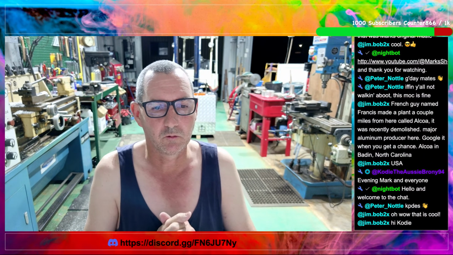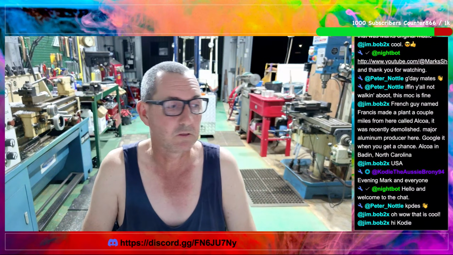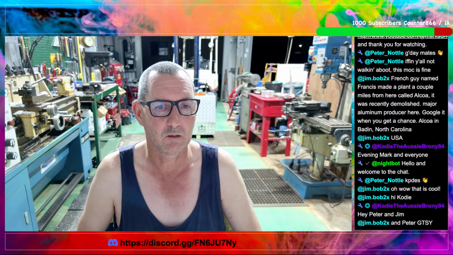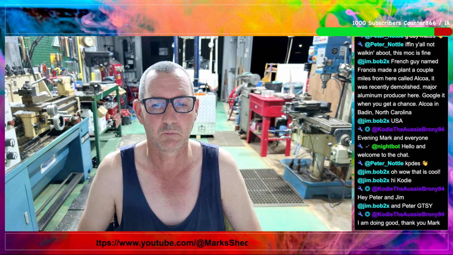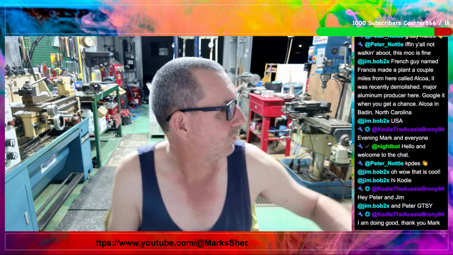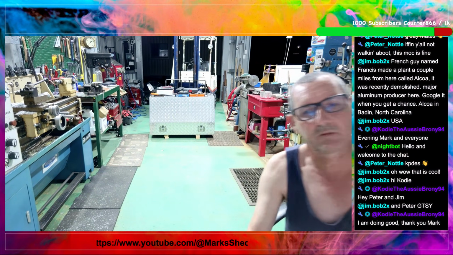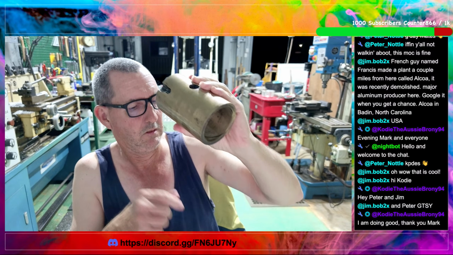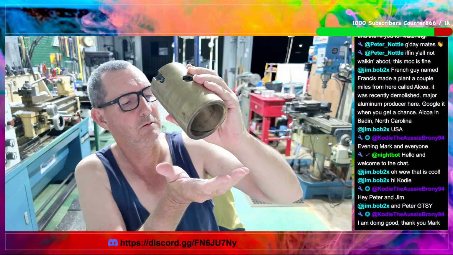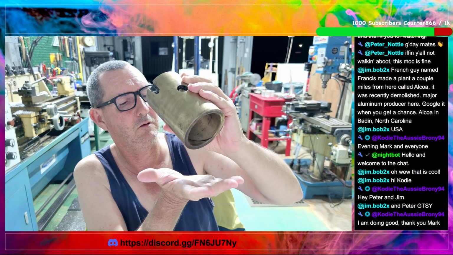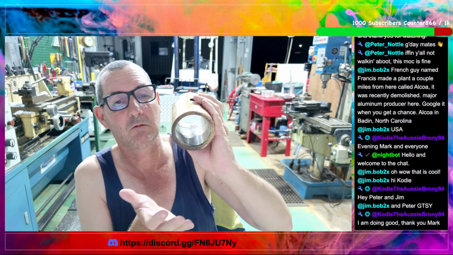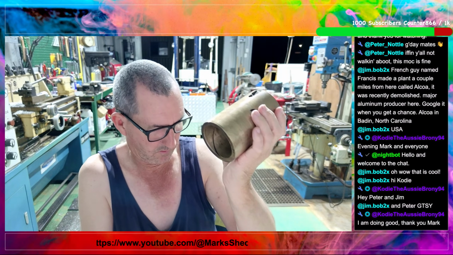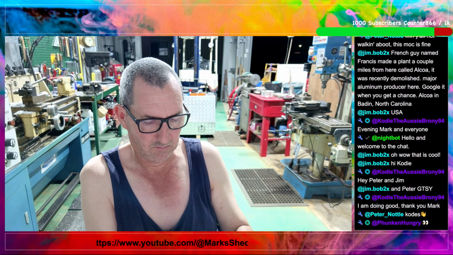The Trades Guild has been really good. They've cast quite a few bits for me, and in fact, they're in the process of casting a bit more. And I was going to get them. This is one of the bearings, front wheel bearings out of the steamroller. Hello, looks like I've got a little spider there. Tiny little spider. I've got quite a lot of them around here, actually. Not hurting anyone. I was going to get them to cast it in bronze, but there's a company here in